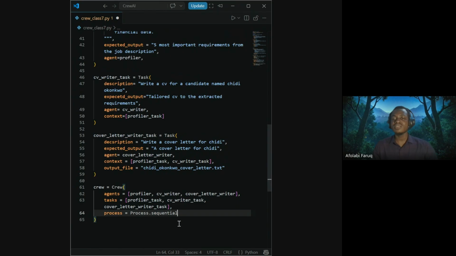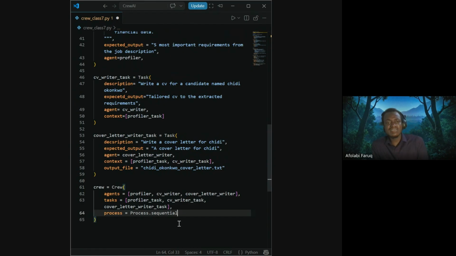Now, here we are using process sequential. Someone might want to ask why. It is because the way the agent runs is sequential in nature, just from one to the other. It's not delegating tasks, where a hierarchical process might be needed. It's straightforward, just that we are changing the output of one to the input of the other.